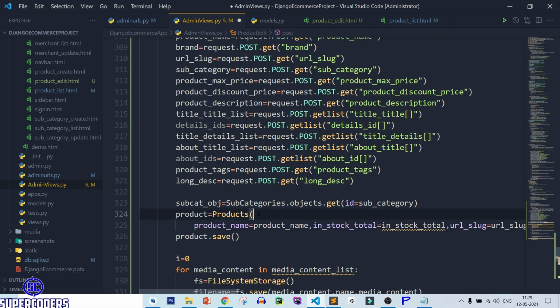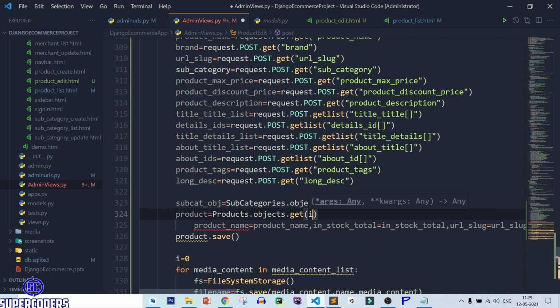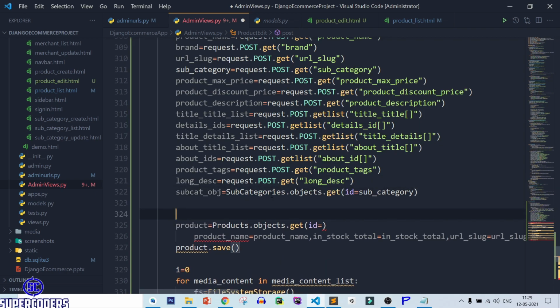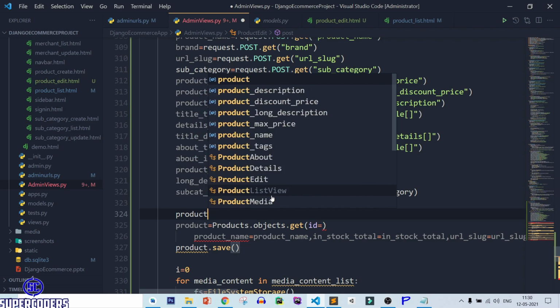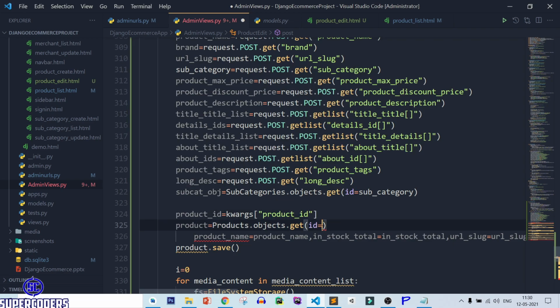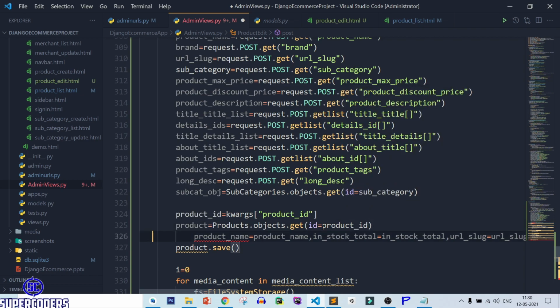So here instead of this, let's see products.objects.get id equal to product_id. So product_id equal to kwargs product_id. So product_id.